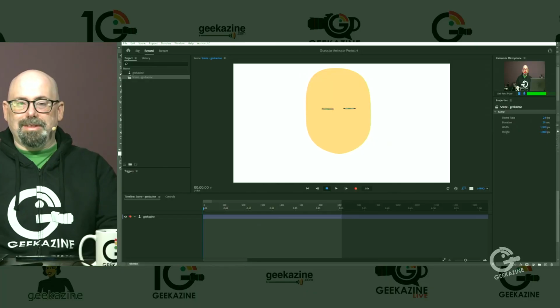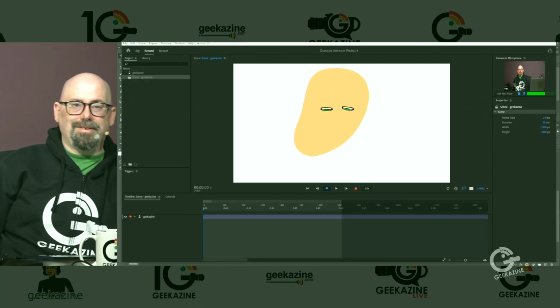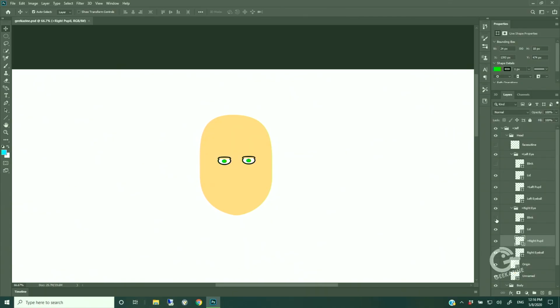Having some fun with this program, just amazing what you can do with it. But that's basically the character, and we have the scene. We'll just save that scene. All right, let's continue on here. Let's get the nose and mouth out of the way. A new layer of nose. So what we'll do is we'll